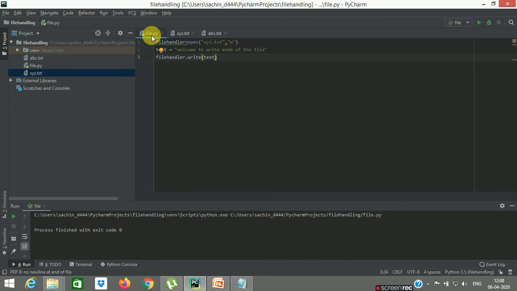right? Now there is one more mode called append mode, where you can append the contents to the file. Let's use a, right? So here I am going to put a \n so that whatever I attempt should go to the next line, and I am going to do the same things. Let me change the contents to "appended data",